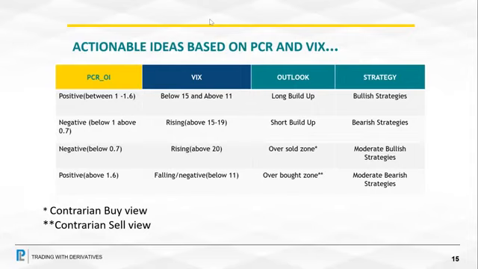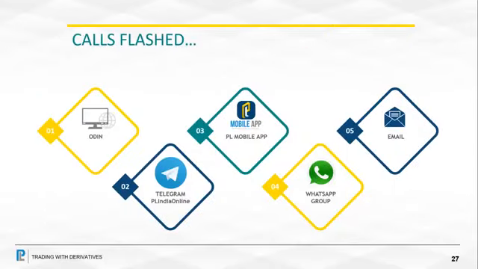So quickly, I will again have a rough exercise here. Can anybody tell me, let's say PCR OI is above 1.6, and VIX is below, in our normal range of maybe 11 to 12. So what should be our immediate action? No, sir. Not bullish. It is moderately bearish. Yes, Mr. Hemant, it is right. Correct. It is moderately bearish because we are in the overbought zone.